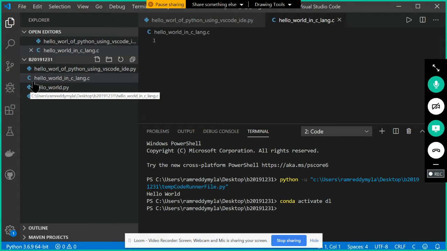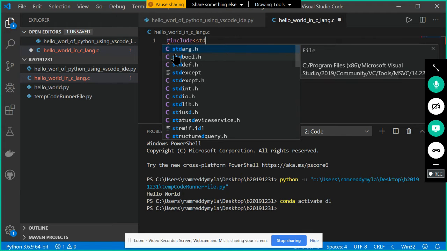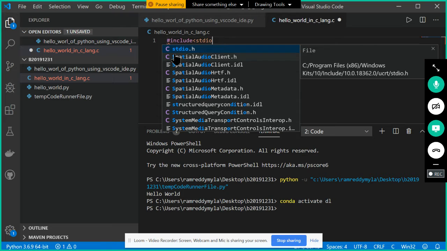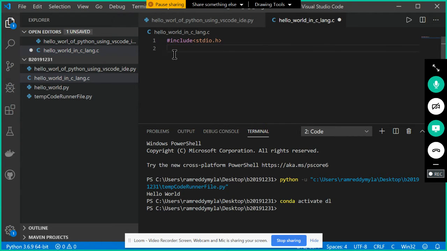Then we need to include libraries, that is called include stdio.h. Then we need to initiate the main function, which is mandatory. Then followed by that, we have to write the body part.